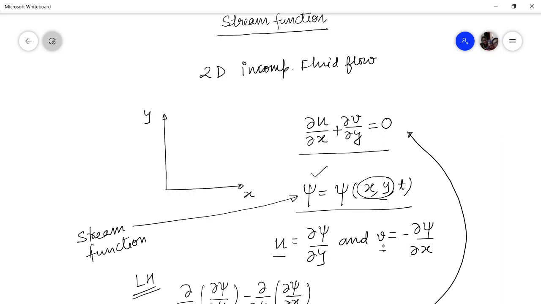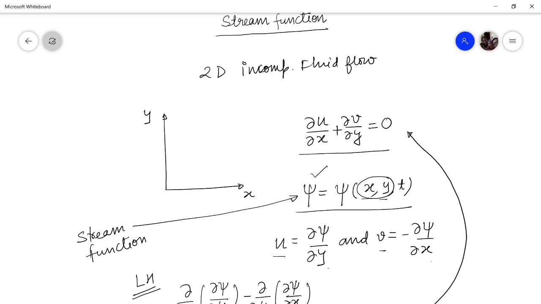And when we are searching for y direction, we are moving in a direction which is perpendicular to y, that is x, that is del psi by del x. So y direction velocity, derivative with respect to x; x direction velocity, derivative with respect to y.